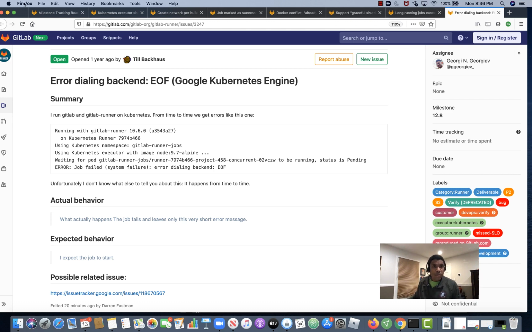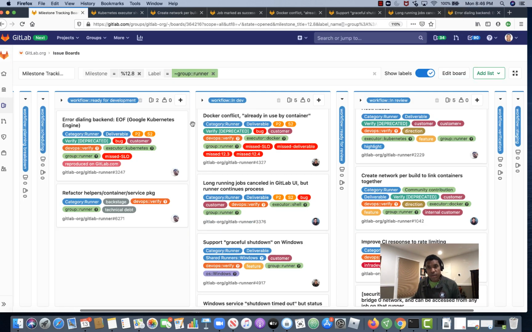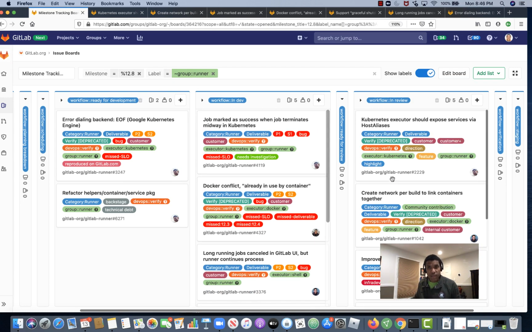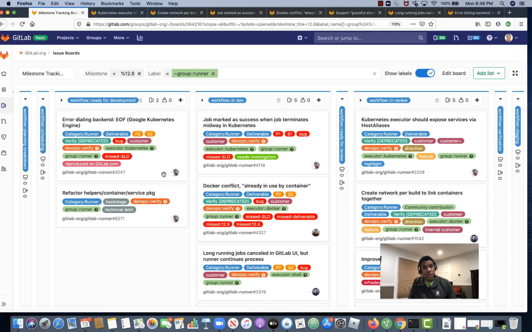So just to recap, those are the key issues that we're working on delivering in the 12.8 release for the GitLab Runner project. If you have any questions about the issues that are currently on the board here or other issues that are in our GitLab Runner project backlog, feel free to comment on the issue,